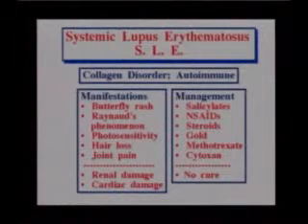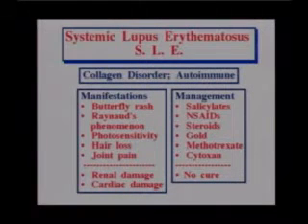Now, if you look at the manifestations, some patients with lupus will get a butterfly rash, and that means you've got a rash that's on the cheeks. So you have a rash on both cheeks, so that's a red area. That's kind of like the wings of a butterfly, and then a little bit across the nose sometimes. So the butterfly rash. Raynaud's is when you go out in the cold and the vessels in your hands constrict, and you have the real vasoconstriction. So Raynaud's is common.